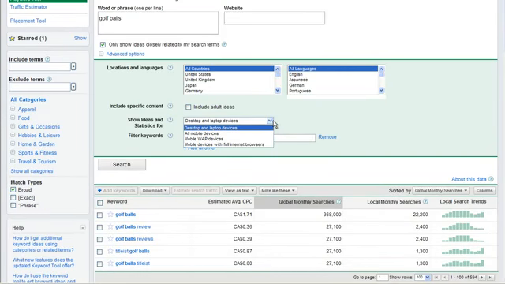Next is show ideas and statistics for desktops and laptop devices. This is basically all kind of personal computers. Then we've got all mobile devices. So if you want to see what mobile phones are doing, how they're finding keywords or how they're searching keywords,